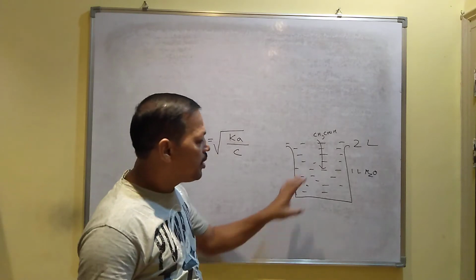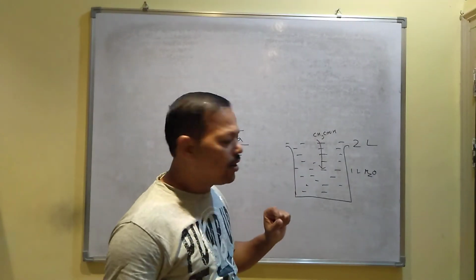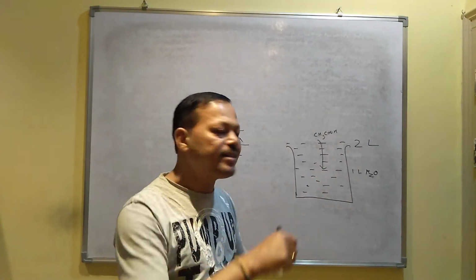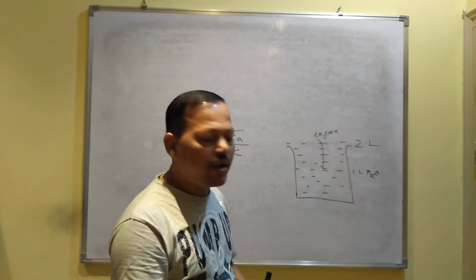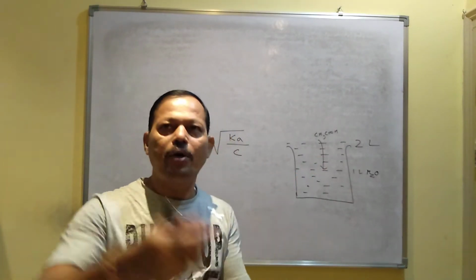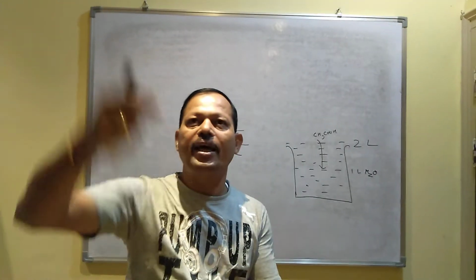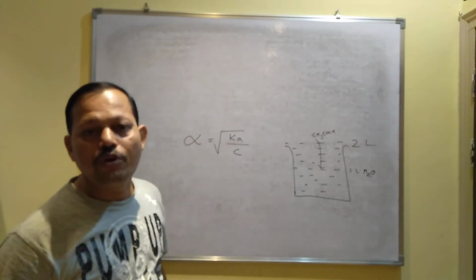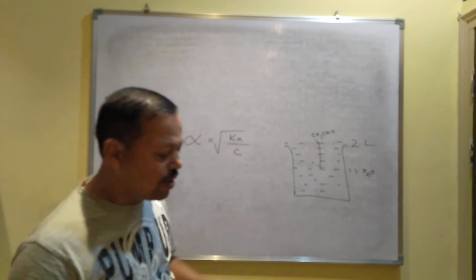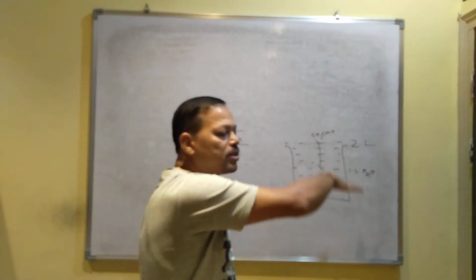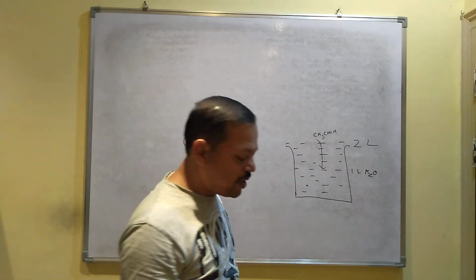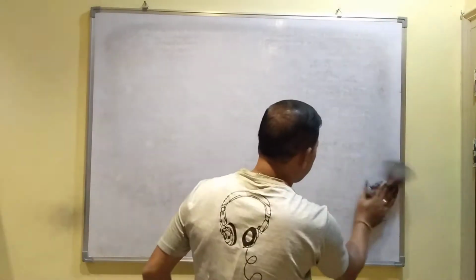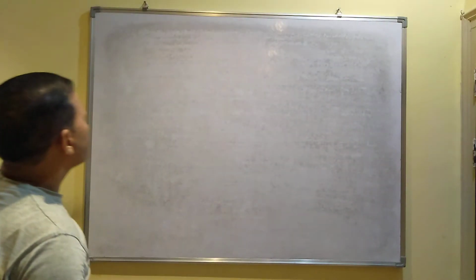And you know, suppose there is a solution; practically it is not possible to increase the concentration, but you can decrease the concentration by adding water. So that is why we do the dilution system. You add a little amount of water, dilution increases, again you add water, dilution goes on increasing, then the degree of dissociation also goes on increasing, and this is according to Ostwald dilution law. Now we'll do a question from this Ostwald dilution law.